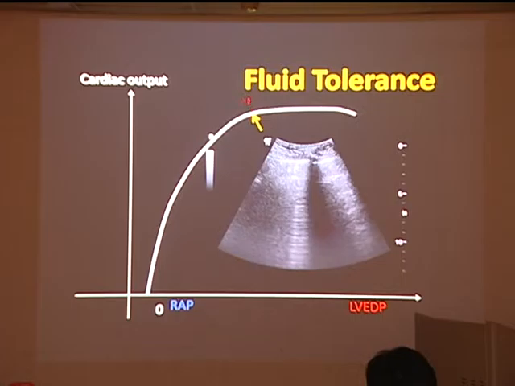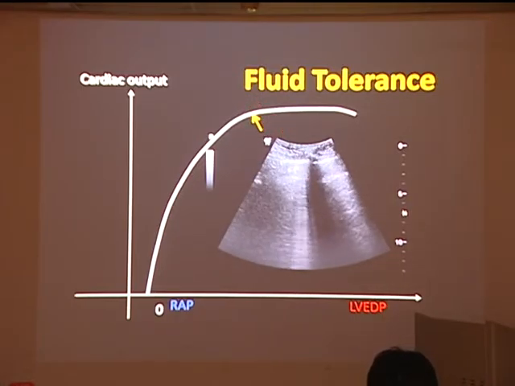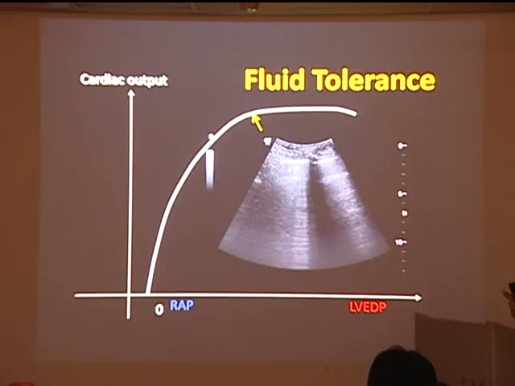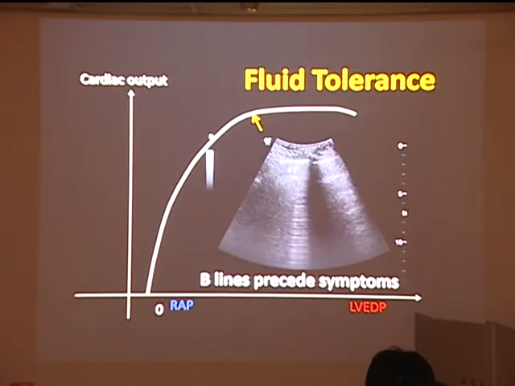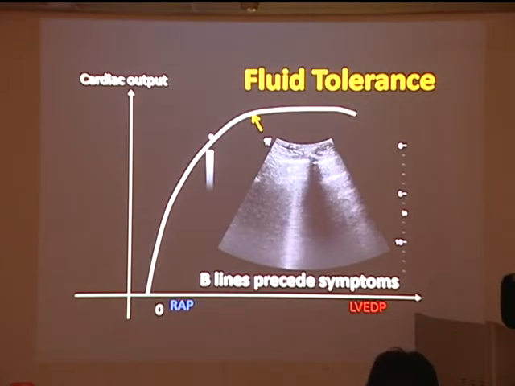When I reach something like this, the deflecting point, I will start to see a couple of B lines. Then that's when I'll worry that I'm going to give the patient pulmonary edema if I'm going to give more fluid. At this point in time, you have to consider giving something else, such as a vasopressor. And the beauty about this thing is, this B line is going to happen even before your patient becomes symptomatic. In other words, you will know that this patient, who is looking well, not breathless now, is already reaching this deflection point. Okay?